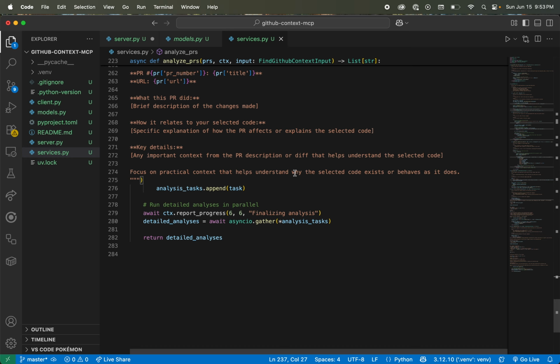Now, the question I imagine a lot of folks are going to have is, why didn't you just return all the PRs to the LLM? And there's a couple reasons for that. And that makes me think this sampling is such a powerful pattern. But the big two reasons that make it powerful for me is, number one, we're returning much more actionable information